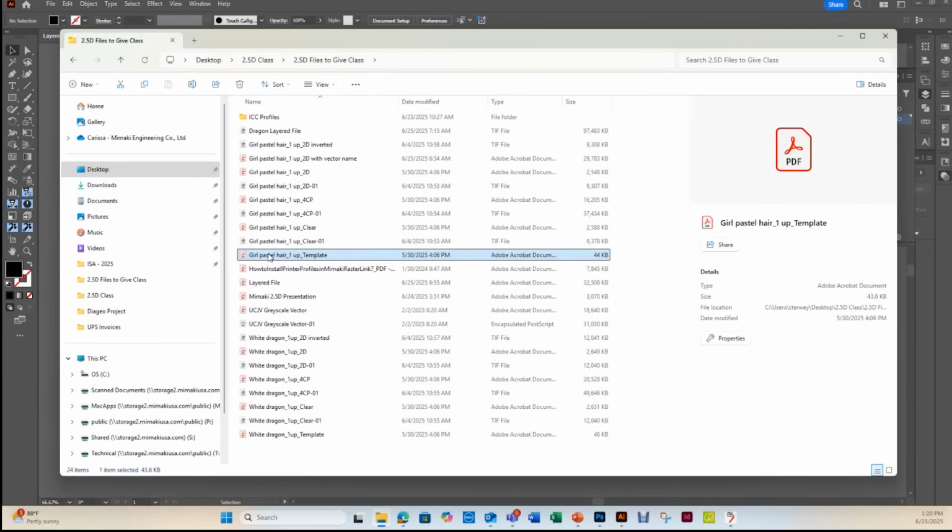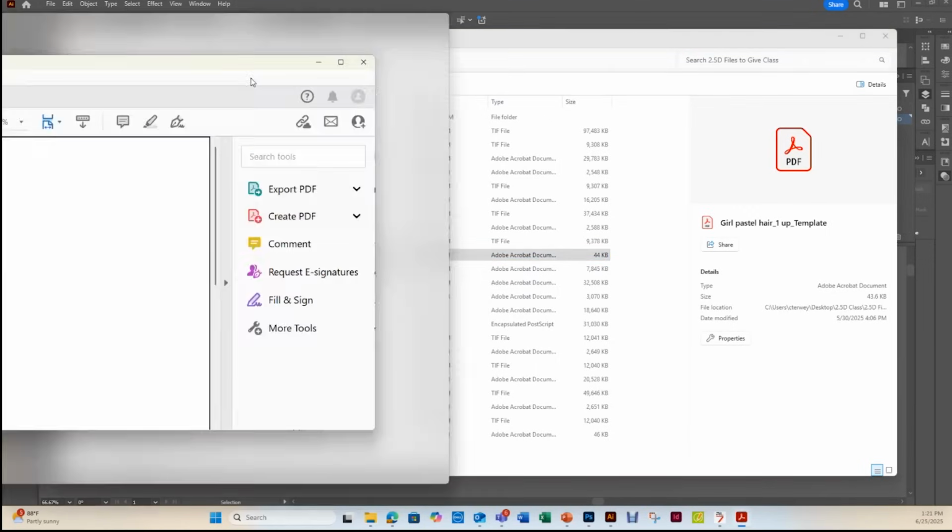Is that just the one-up one? Oh, yeah. Okay, it's just the one. It's just so that I know exactly where on the bed it's going to print. So if I already have a pre-cut piece, or say you're printing on a block of wood, or on something that is already a specific size, you want to make a template so that you know exactly where your print is going to end up on that piece, so that you don't screw it up, or so you get